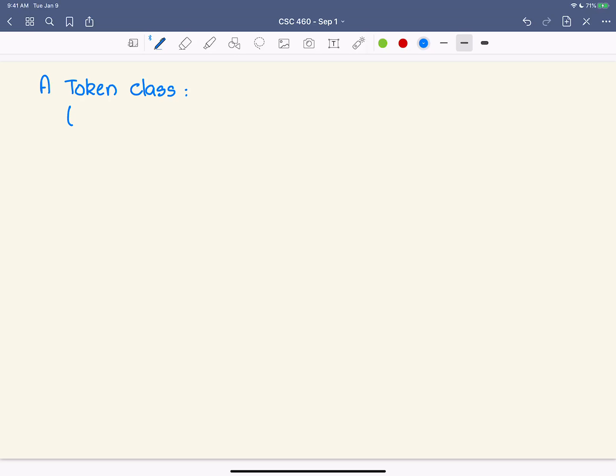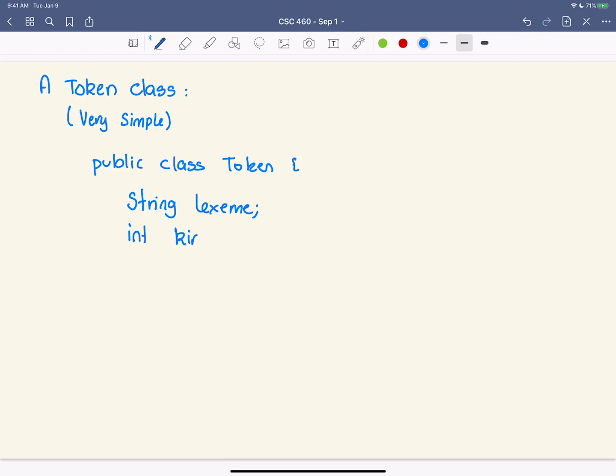So let's just do a very simple one here. Something like public class Token. And I want something in there which is the lexeme, so that's a string. Lexeme or text or whatever. We probably want a kind as well, so something that tells me what type of token this is.